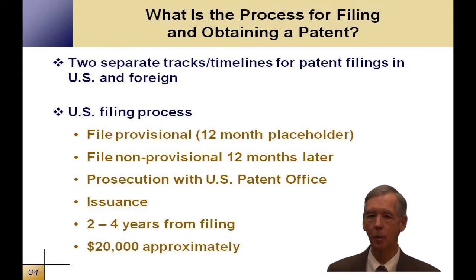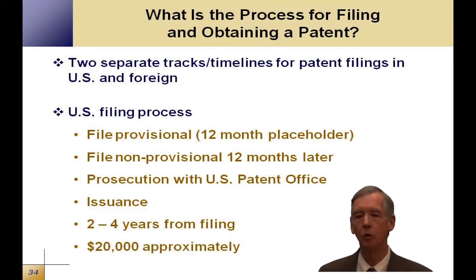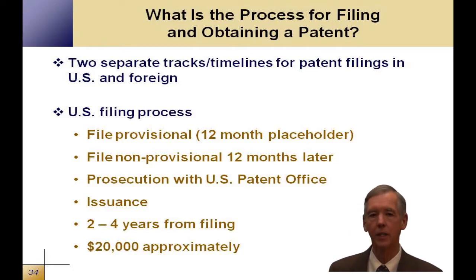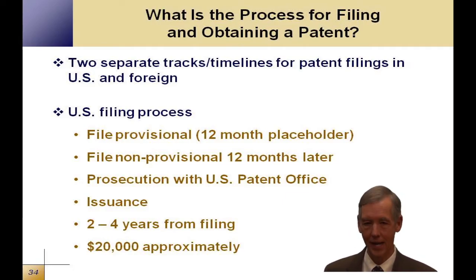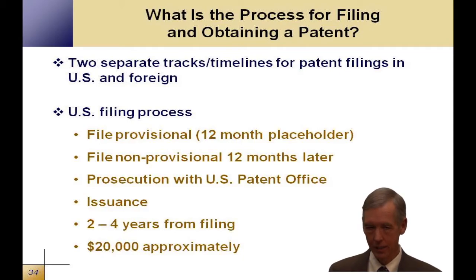The applicant, through the patent representative, can then argue all the reasons why the invention is patentable, why the patent office is wrong, why this is an important invention, why the advantages are unexpected. That process can continue for 2 or more years. There can be appeals, there can be refilings, but if all goes well, it will result in issuance of a patent, perhaps as long as 4 years from the original filing. Best case may be 2.5 years.